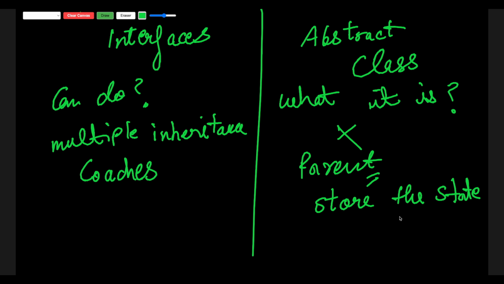Now lastly, let's say you're creating a plugin system like a payment gateway. You want developers to use your code but also allow them to plug in their own logic. And tomorrow you might want to add new methods but you don't want their code to break. That's where default methods are used. You can add new behavior to an interface without breaking the old code. Abstract classes can't do this easily.